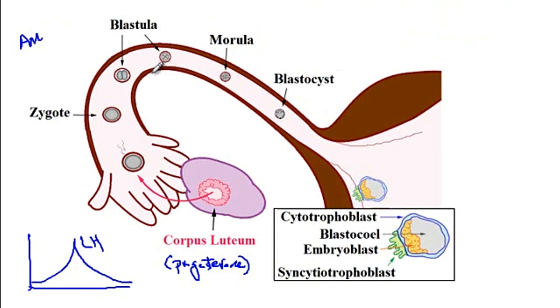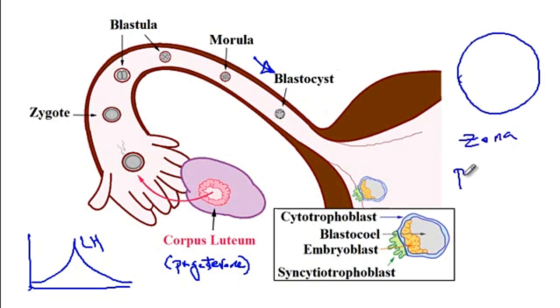Now I should mention that there are some books that refer to these 2-cell stage and 4-cell stage and so on as 2-cell blastula or 4-cell blastula, while there are some other embryology books that refer to blastula as a mass of hollow cells. Regardless of what terminology we use, it's the morula that will later on form a blastocyst. So blastocyst is made of multiple layers. The first layer is zona pellucida,